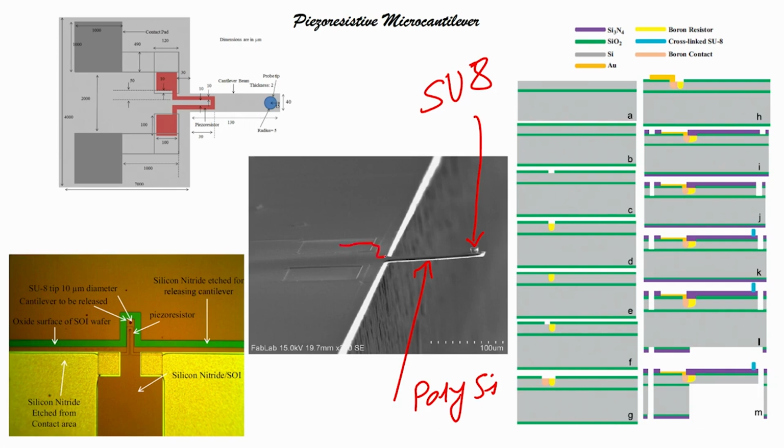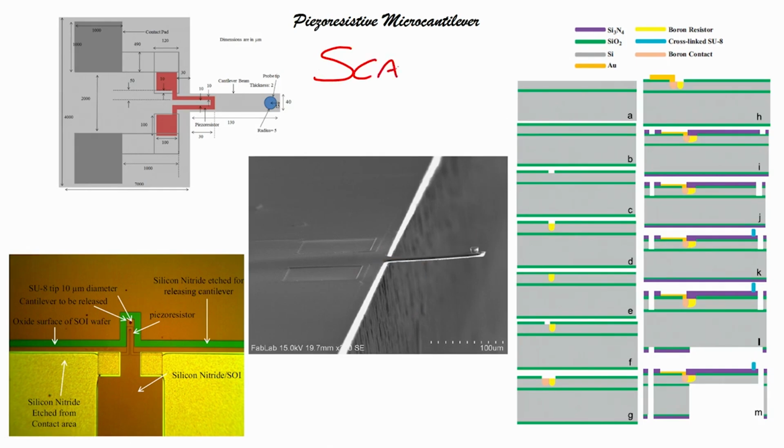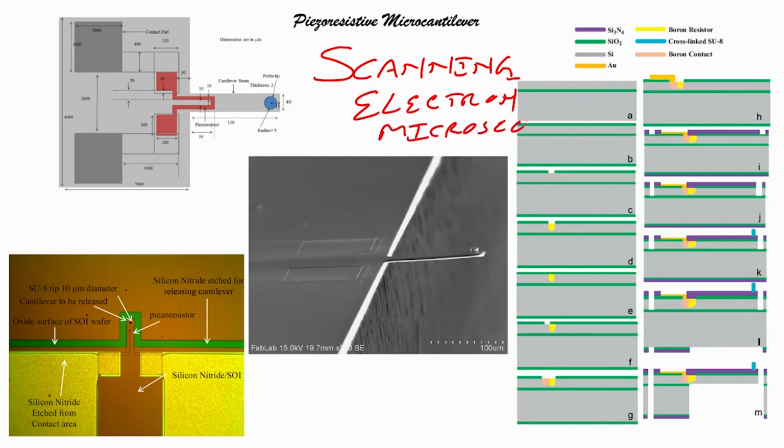This one goes here, comes here, this is a diffused resistor, that way you cannot see. This is a cross section, called SEM. What is SEM? SEM is nothing but scanning electron microscopy. So, SEM is a material characterization equipment used for taking images of